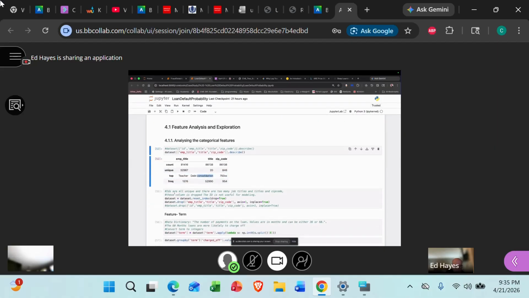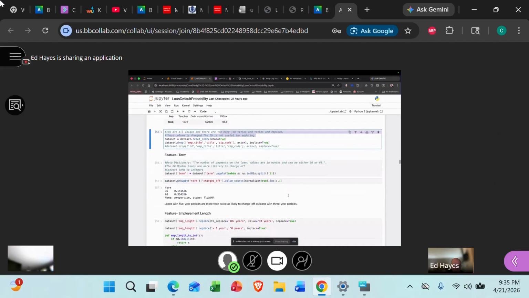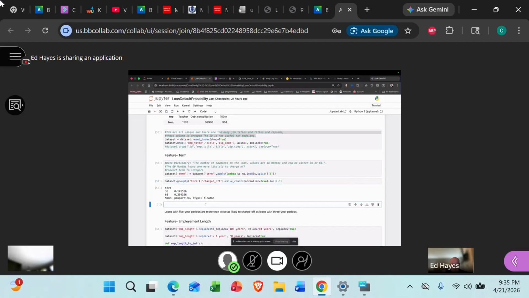Their IDs are all unique, so that's not useful. Too many job titles, too many zip codes. So they drop these. They drop some of the titles, and he leaves behind the rest. So let's see. By the time we get down to here, I don't think I closed this notebook yet. So I think I can just pop one down below here, and let's just see